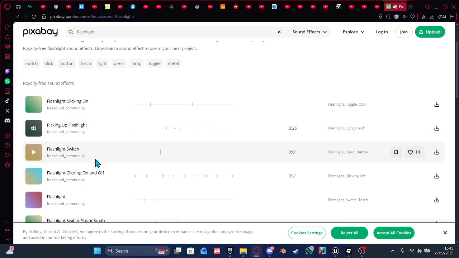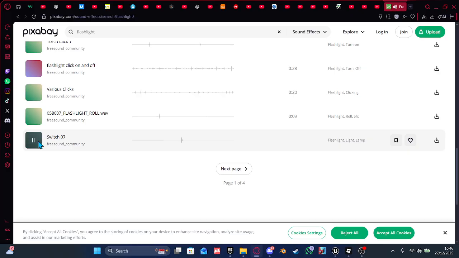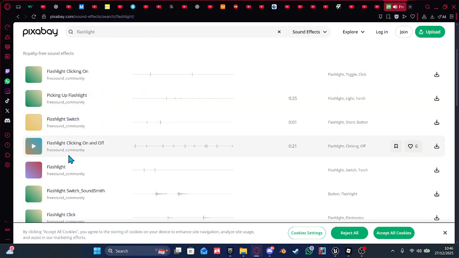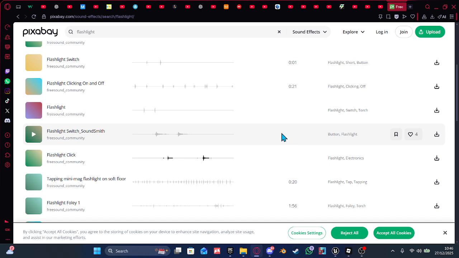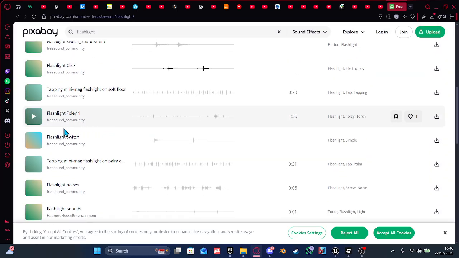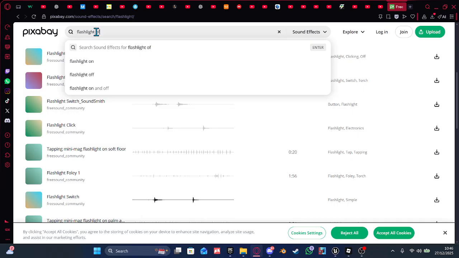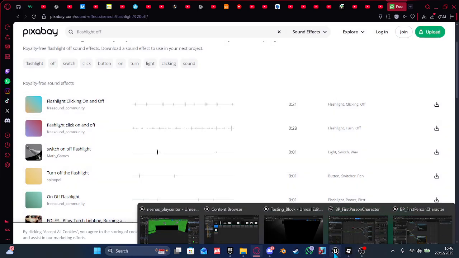Picking up flashlight. We will make a picking up system in the next video. Flashlight switch. Okay, let's use the flashlight click. But you can use any two sounds you want. Flashlight off. Now, if I go back to Unreal